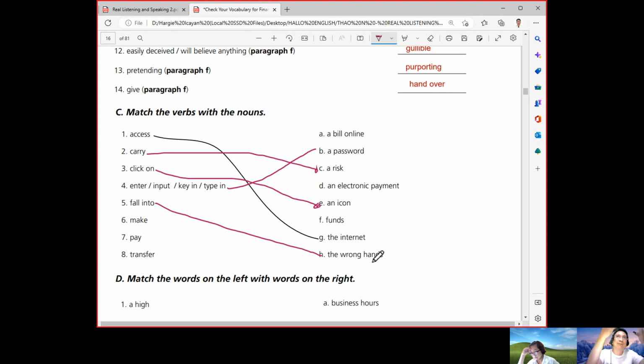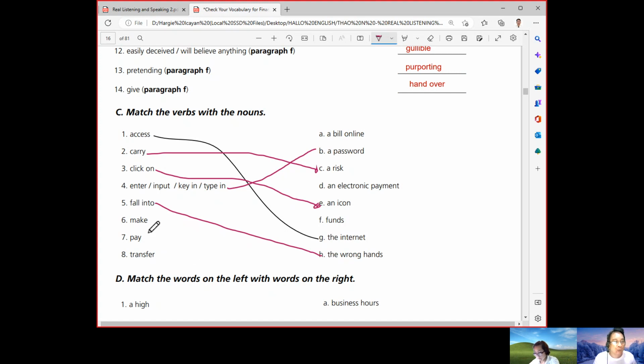Something that came from above falls down. If you're talking about that one, that would be a literal meaning. But if we're talking about money, then it's fall into the wrong hands. That money falls into the wrong hands. That means you got that money, but you spent it incorrectly, or you bought something that is not so important. So that falls into the wrong hands.